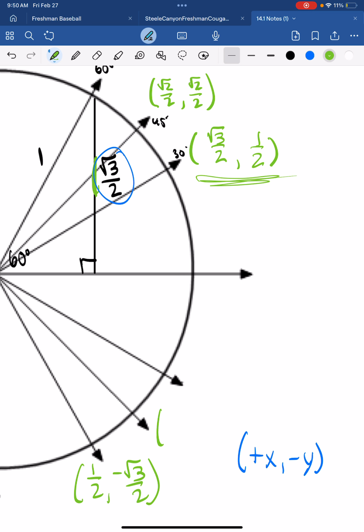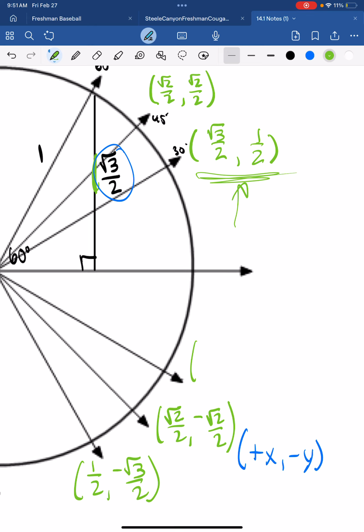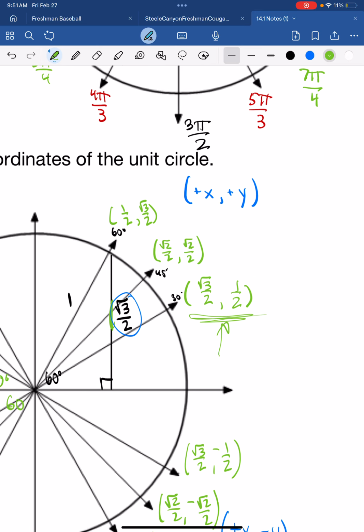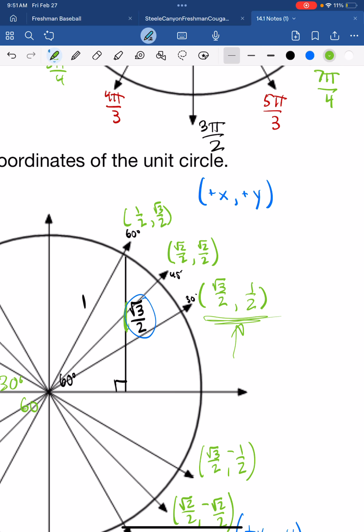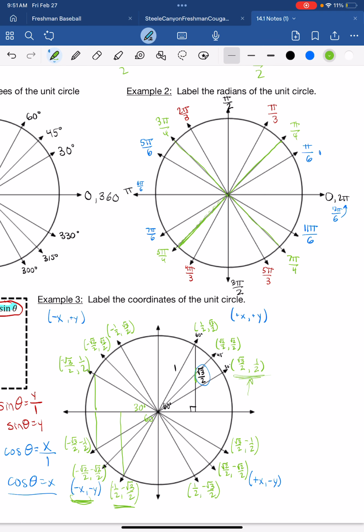Next one would be square root of 2 over 2, and then a negative square root 2 over 2. And then this last one is going to match with this one right here. So we got square root of 3 over 2, and then negative 1/2. Okay, so again, if you can get the first quadrant, you can get the rest of these, because these are just based off of your reference angles. Okay, so you can make a note, based off of reference